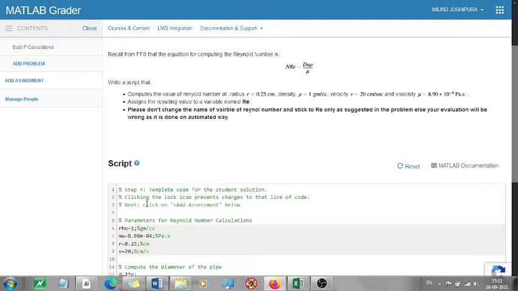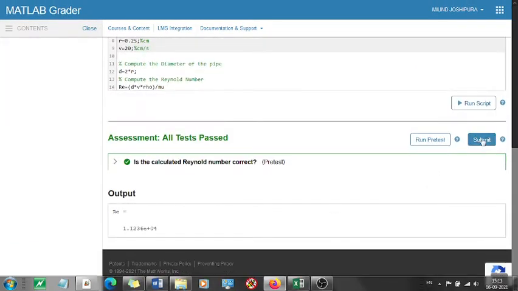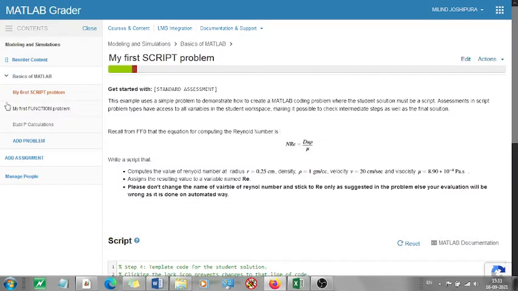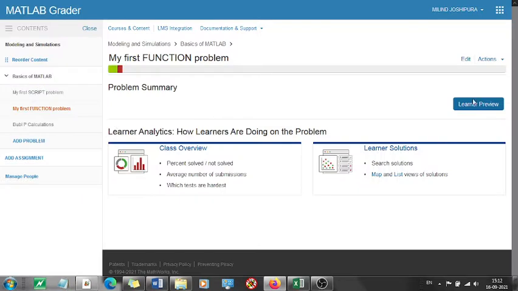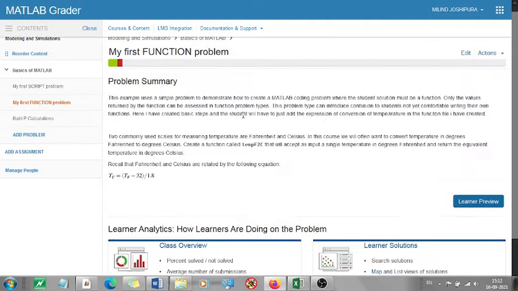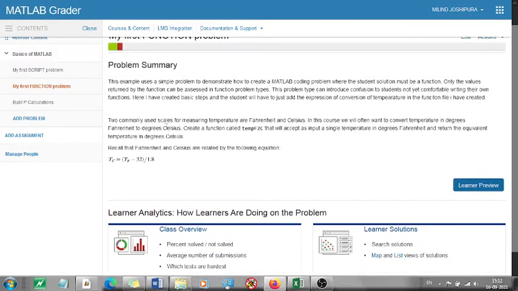If I go back to another problem, this is the second problem, where you have to write a function to convert the input temperature into Celsius. You give Fahrenheit and you have to get it in Celsius.